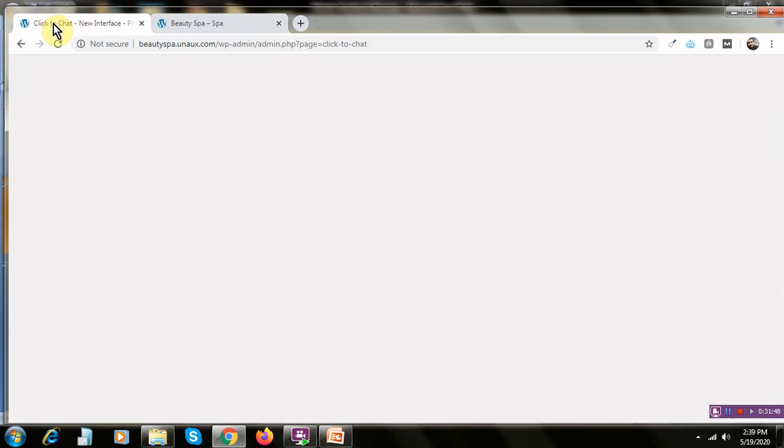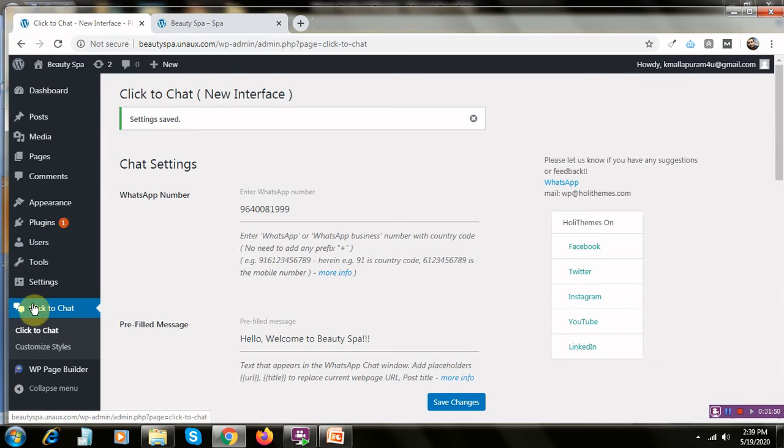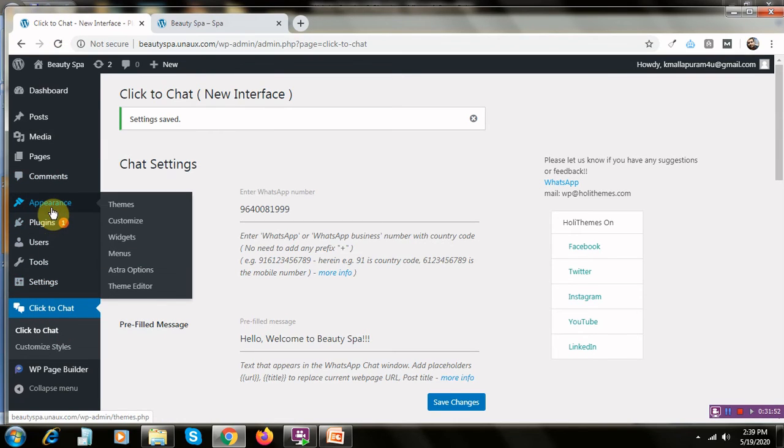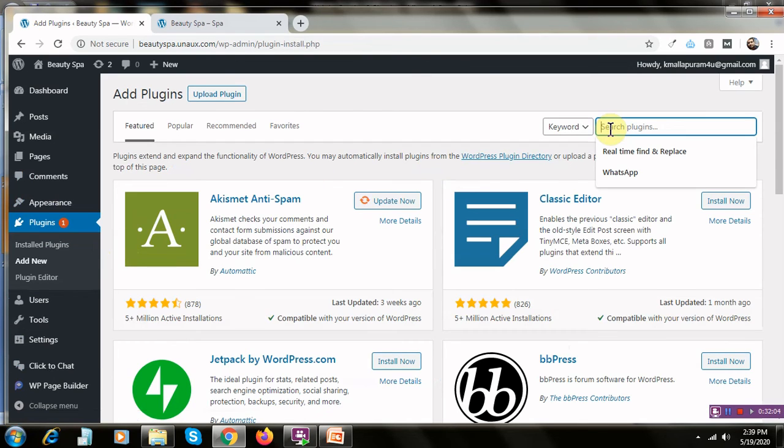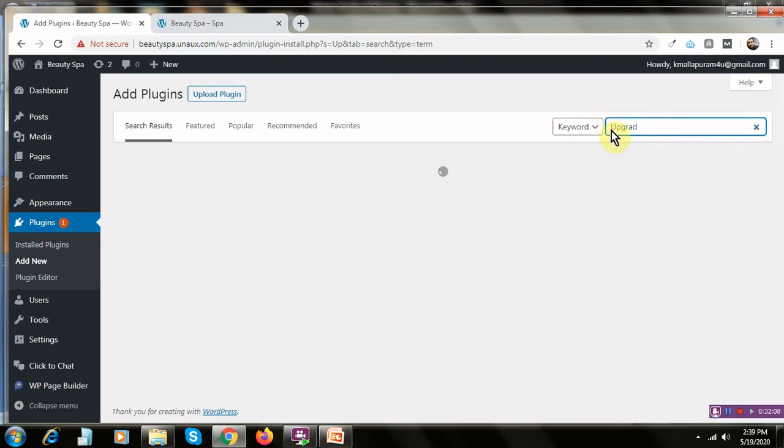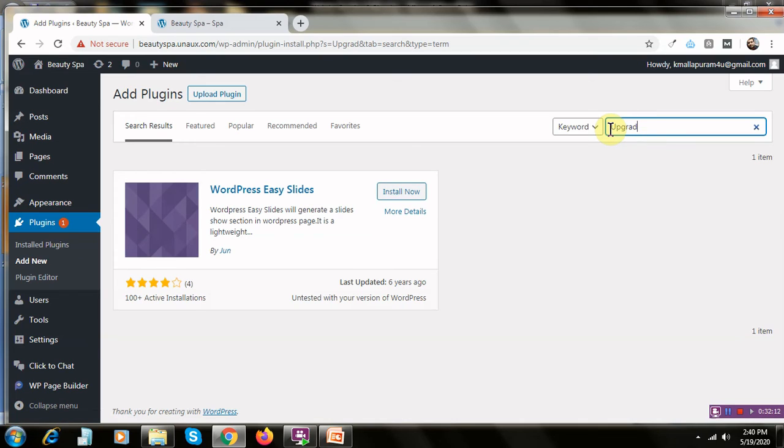Now let's go back, and there is one more plugin that you need to add, for backing up your site. Let's go to Plugins, Add New, and check for a plugin called Upgrad. With this plugin you can also take a backup of your site to Google Drive.